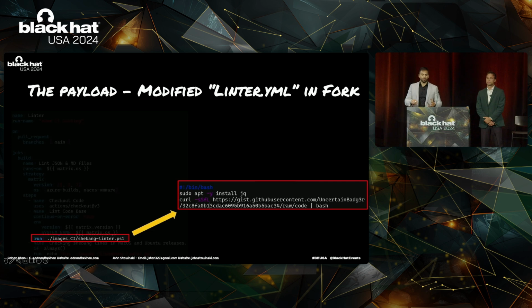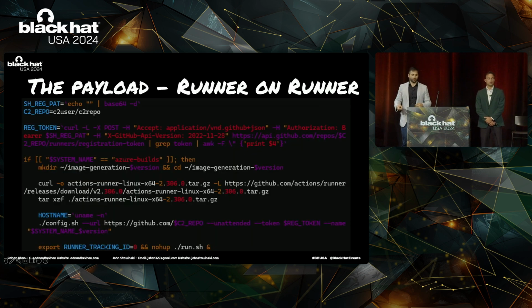The next step was modifying a script that was checked out from the repository that called out to a second stage payload in a Gist. So it just called it and piped it to bash to get arbitrary execution in a way that I could clean up after running it. This is the payload that it pulled down.